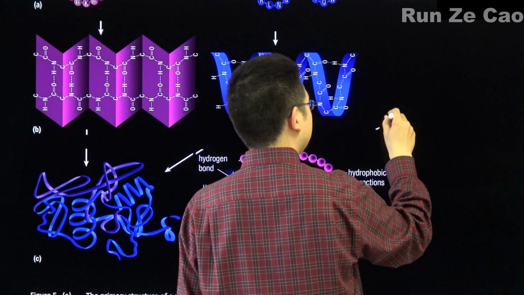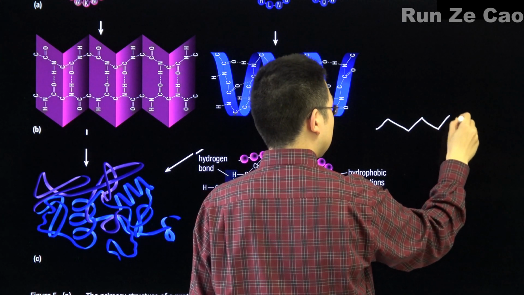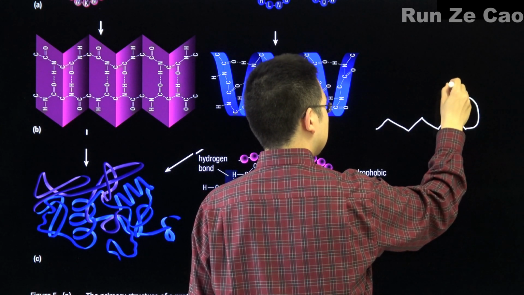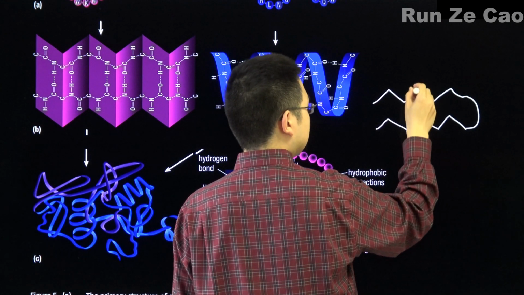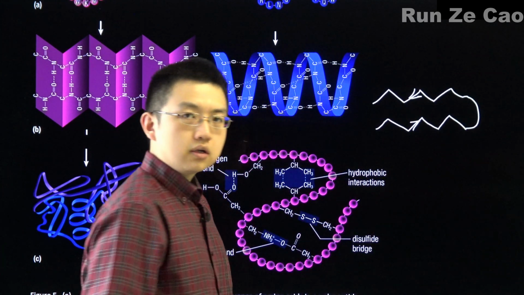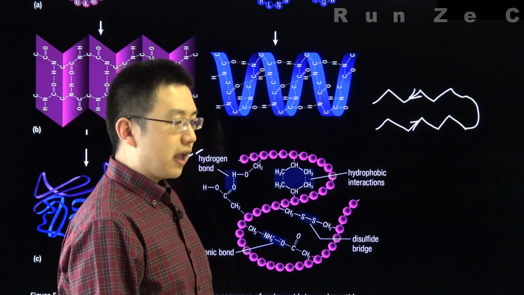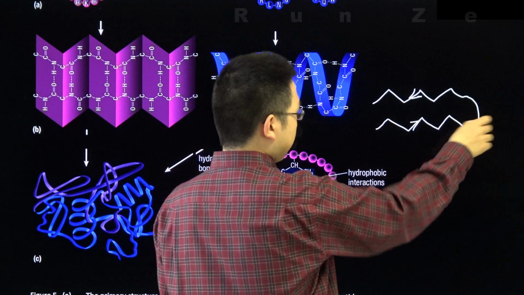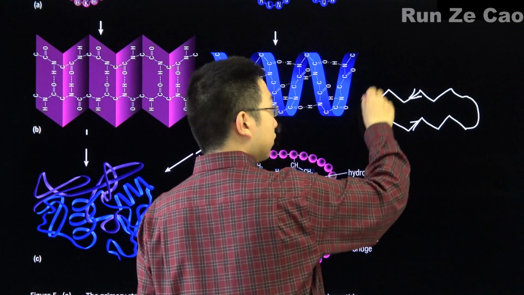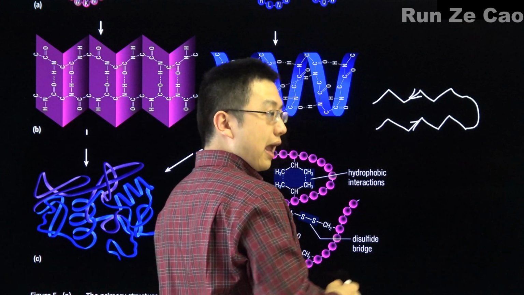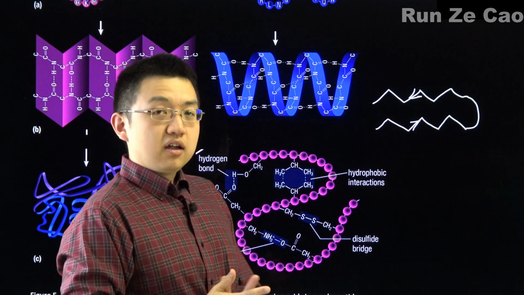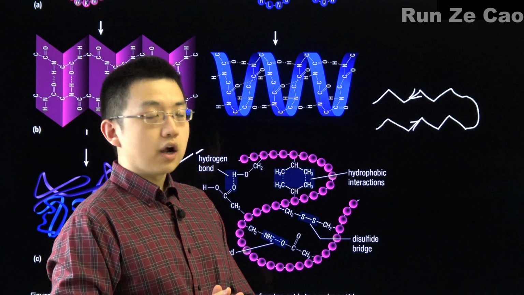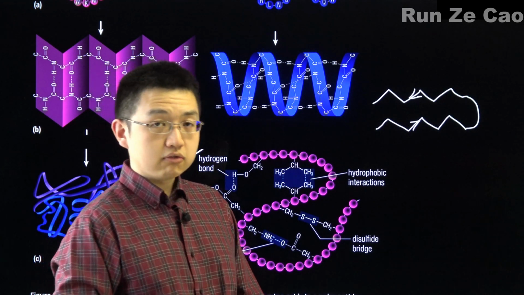Well, okay, we could have this, and then, so point that way versus point this way. So that's anti-parallel. On the other hand, it could be the case that this just bumps up against another section of the protein, which also forms the same zigzag structure, and hey, they end up being parallel. Of course, then you have to have the connector parts in between. So that's a big difference, yeah? And alpha helices, are they left-handed or right-handed? Well, both types of structures exist.